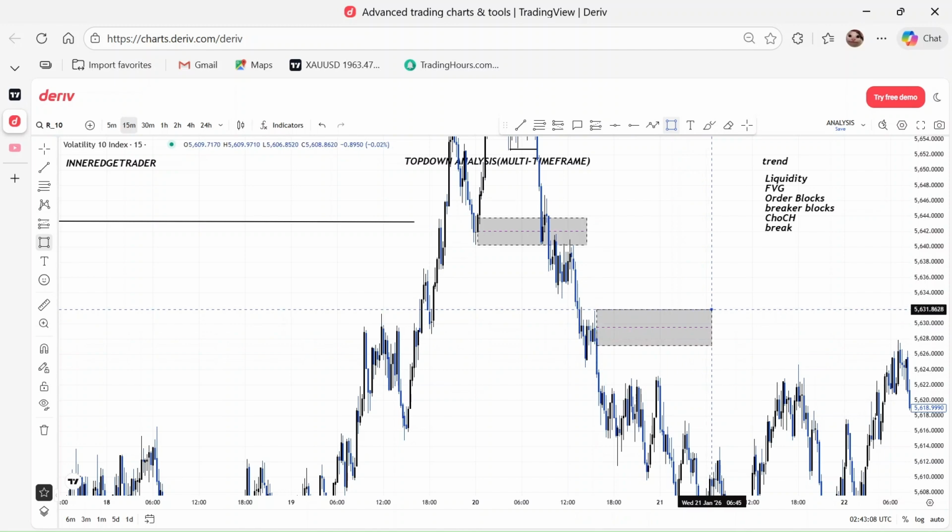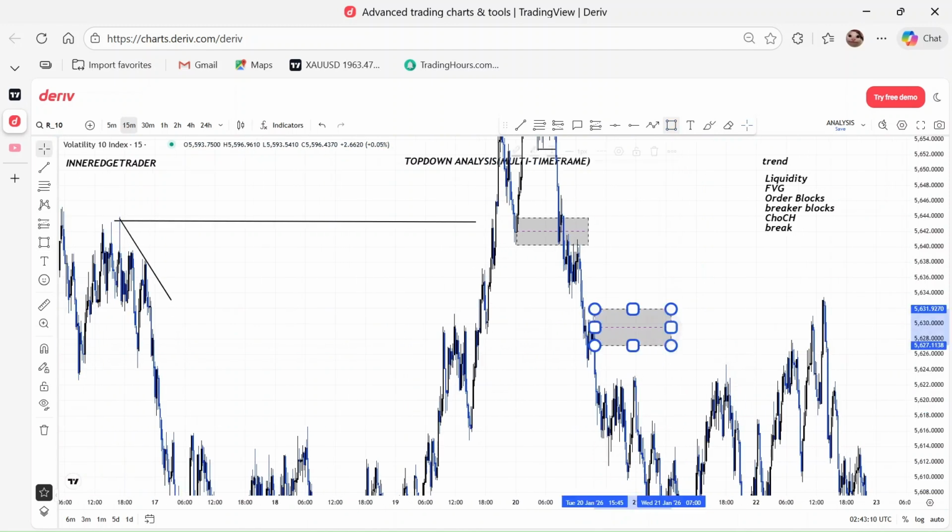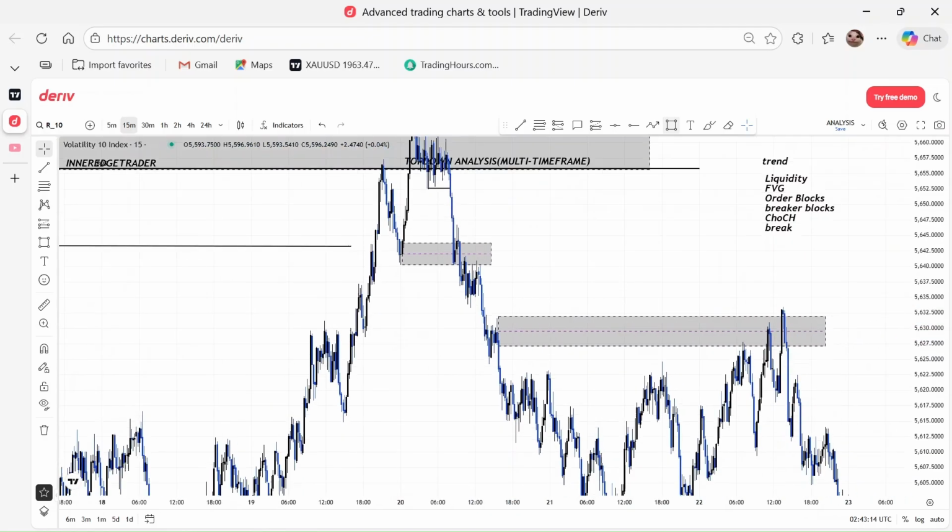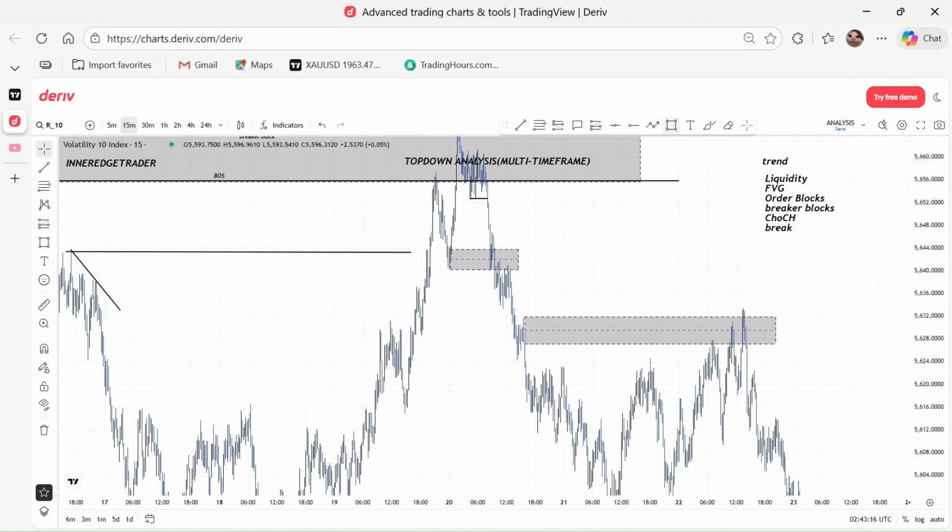So the main thing is just go for that block on 15 minutes. When you can get out of that block on 15 minutes, you'll be able to get an entry well. So you get the